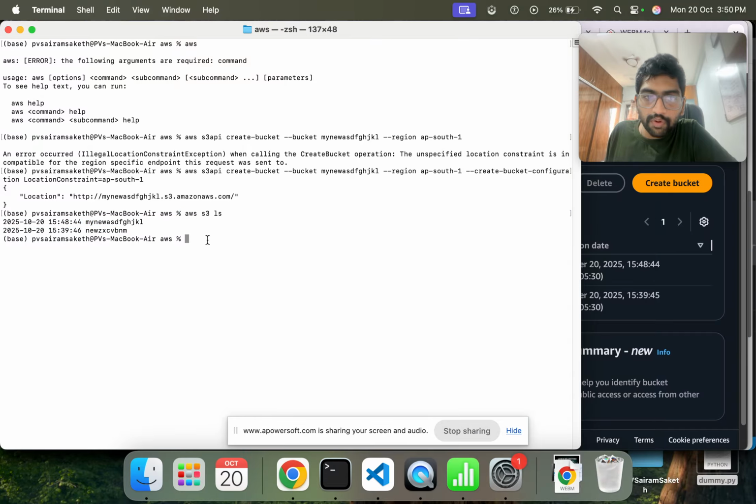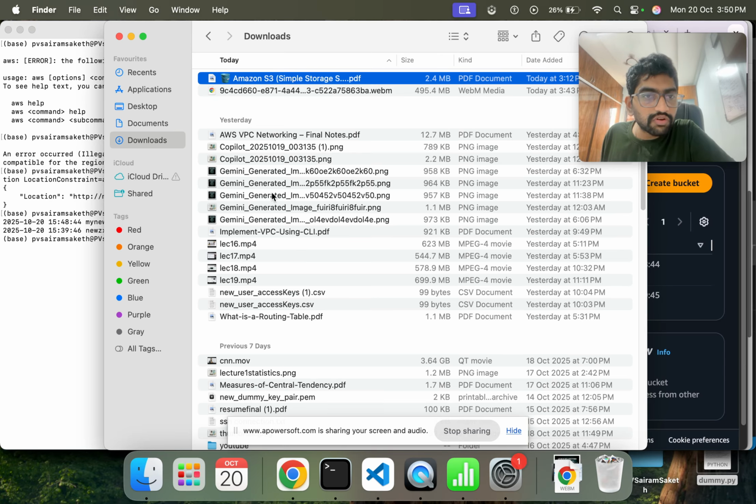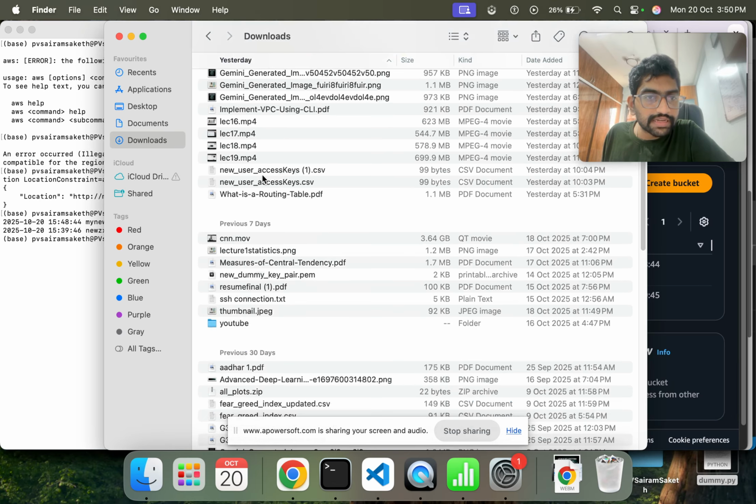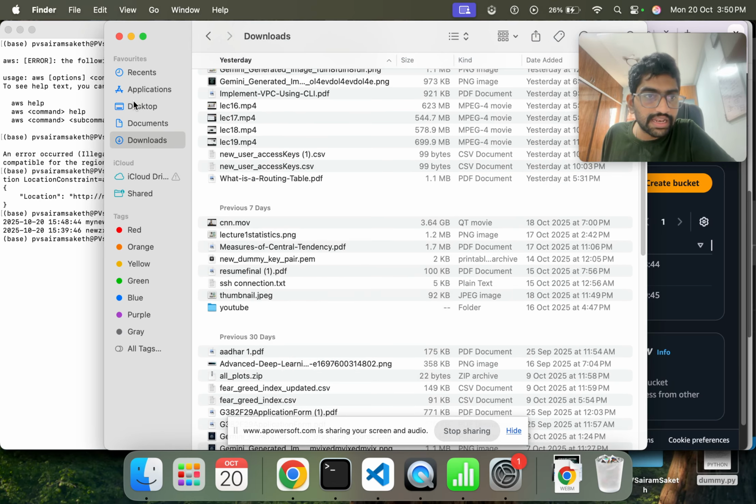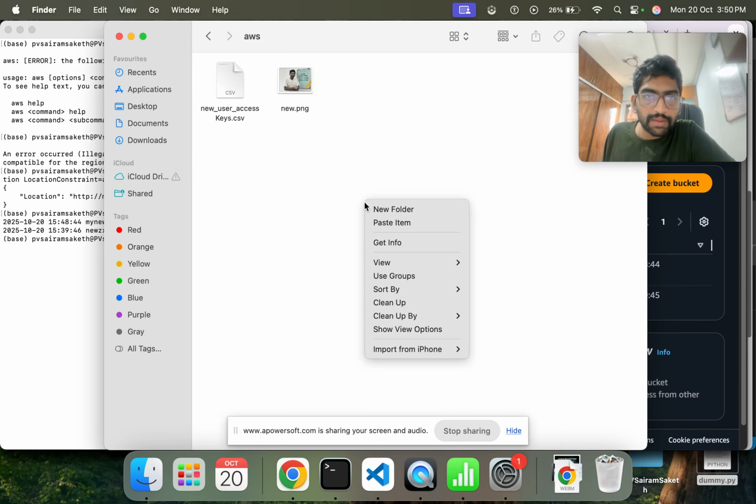Now you have to upload a particular file here. Now see, uploading a file is a very important task. In the bucket that we created just now, we are going to add a particular file. So I will do one thing. I will take one more file and add it. Let's say here I am taking this routing table, this PDF file, and I want to upload it in my